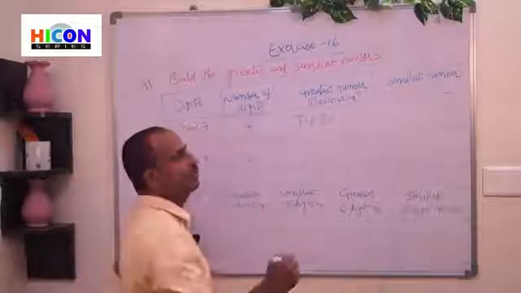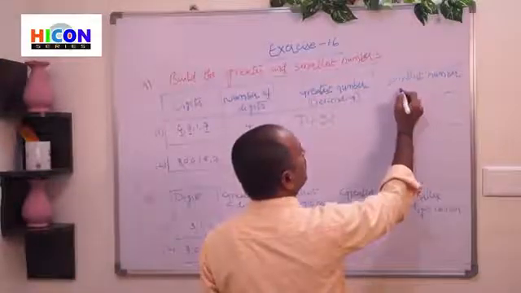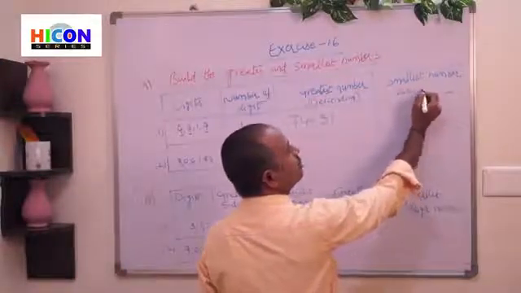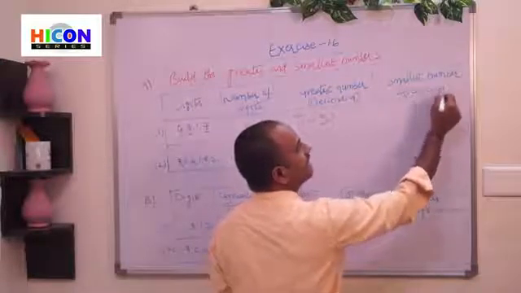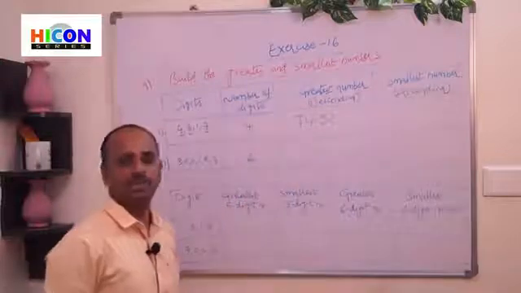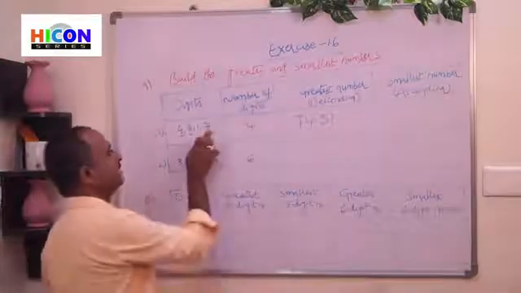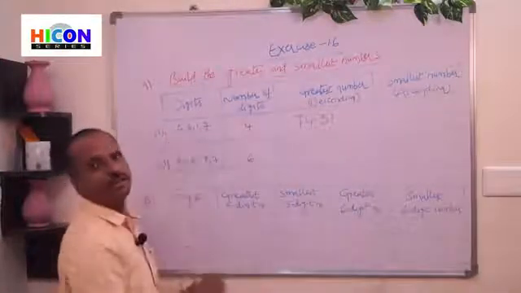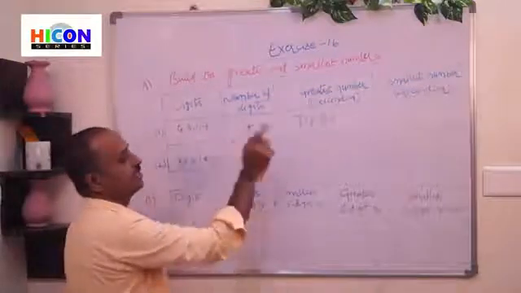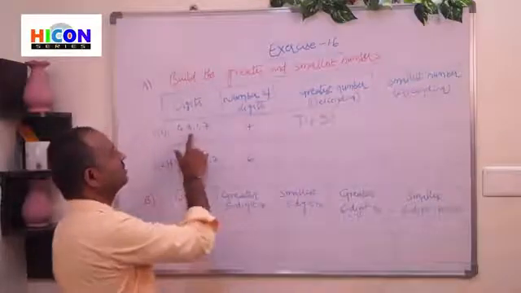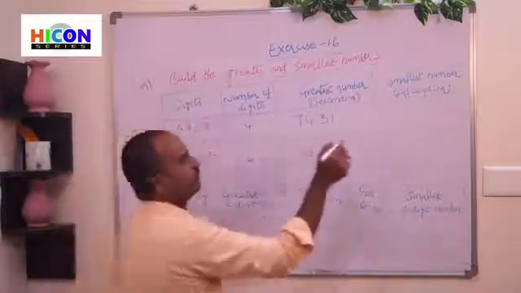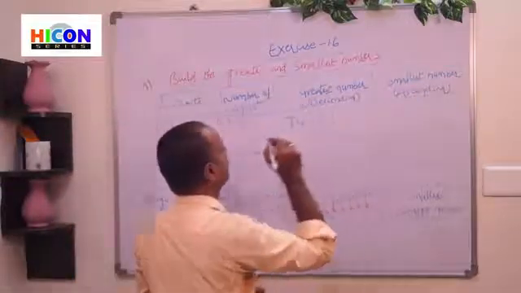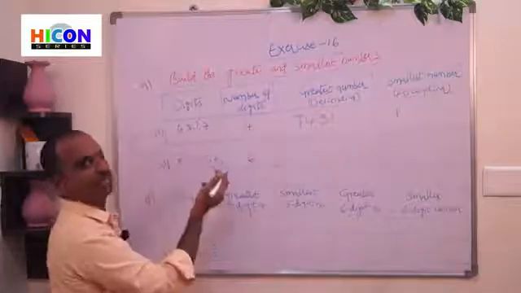So how can we obtain the smallest number? If we arrange the given digits from smallest to greatest, that means in ascending order, we will get the smallest number. So arrange the given digits in ascending order. Write the smallest digit first. Among these 4 digits, which one is the smallest? 1 is the smallest. So write 1 first.